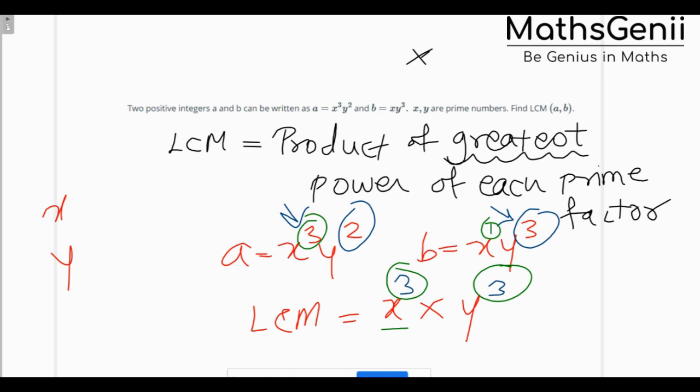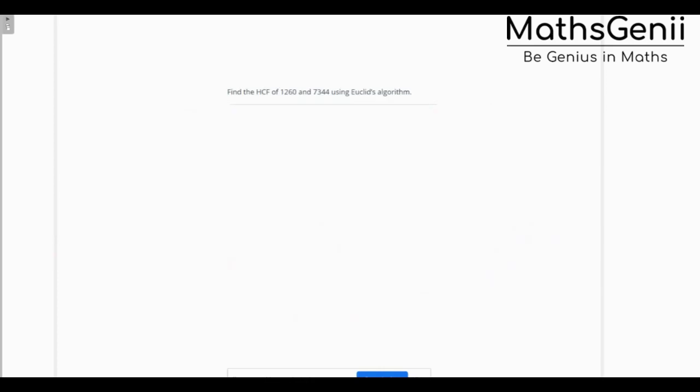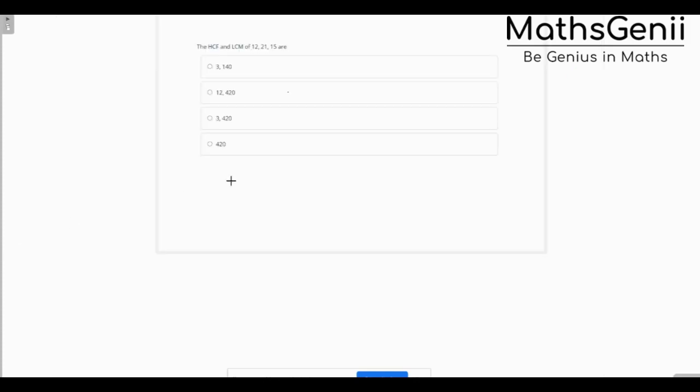We'll do one more question on LCM that has come in 2020. So LCM and HCF. Now you have this question, Euclid's algorithm. Euclid's algorithm is deleted from your 2021 syllabus. So this will not come anyway. And this had come in 2019, not in 2020. Then let's move on to the next question. This question will make everything clear about LCM HCF. Even if you know nothing about LCM HCF till date, you will understand.